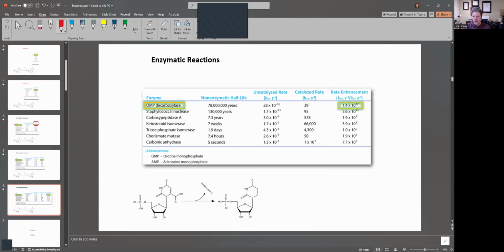And this is ultimately a rate enhancement, which is a ratio of the rate constant of the catalyzed reaction over the uncatalyzed reaction, to be 1.4 times 10 to the 17th. So long story short, this is much faster. So enzymes are capable of accelerating reactions by 1.4 followed by 17 zeros. Faster is the point. Okay. Now,